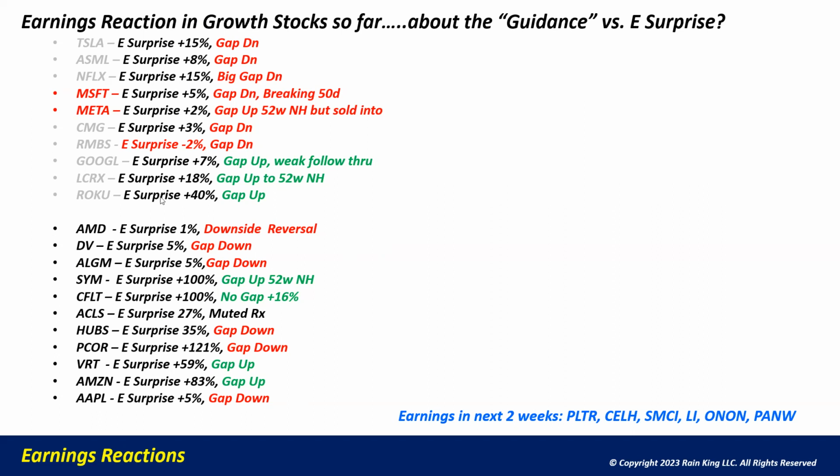So you can see last week, we had 2/3 of them red, meaning gap down, not positive action. Here's the group from this week. And you can see again, if you squint, it's pretty much maybe 50-50 or a little bit more red than green. There were a couple of really good reactions: SYM, VRT, Amazon today has had a great reaction, a gap up, but still a lot of gap downs,